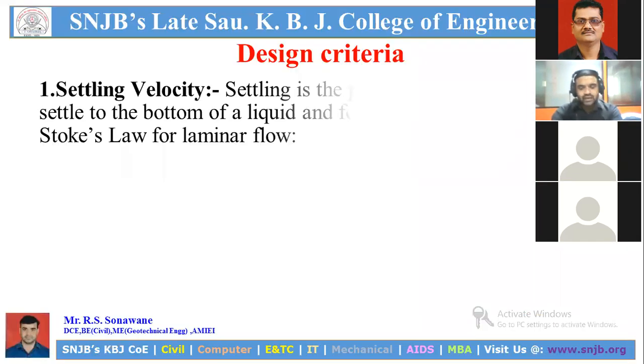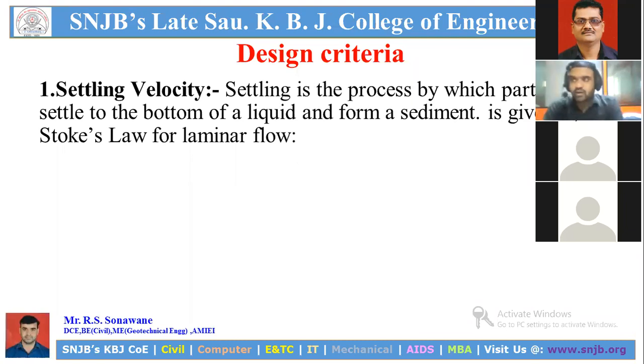So now this is about the types of grit chamber in terms of its cleaning purpose, in terms of its velocity, in terms of settling velocity, settling of a particle, manner, properties. So we have just seen about types in terms of different criteria. Now most important, when we design a grit chamber, what factor should be considered? You can see here the first factor is settling velocity.